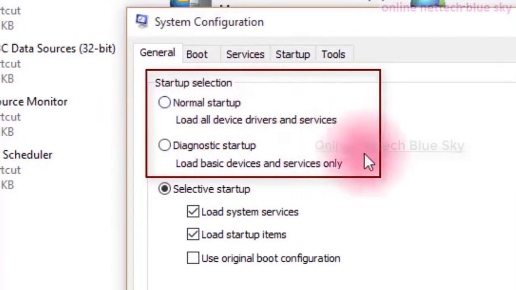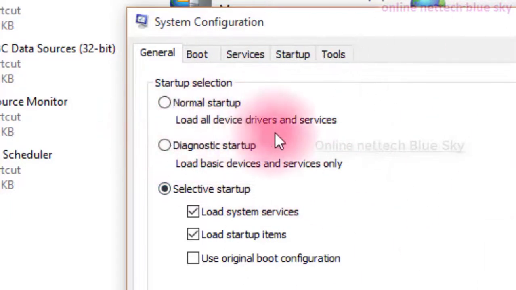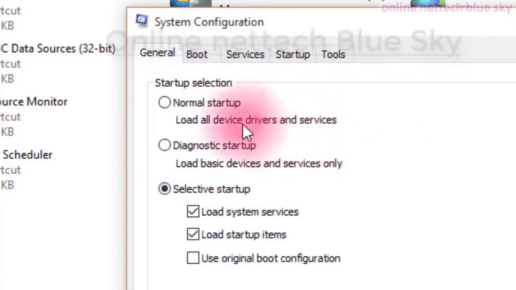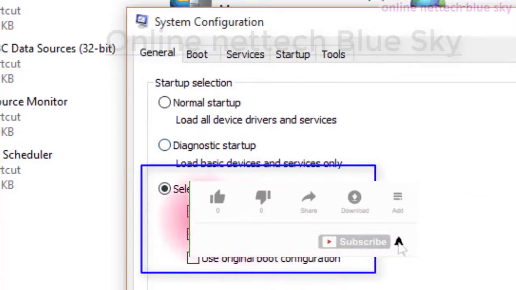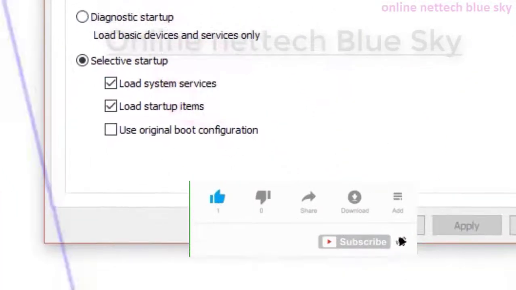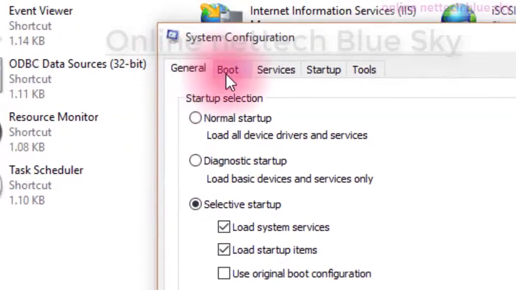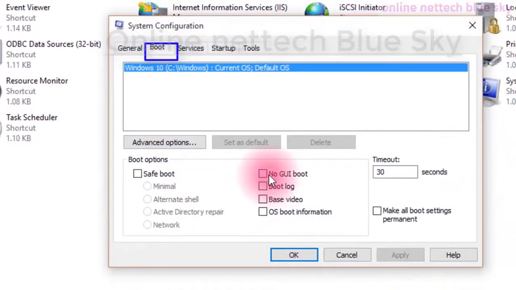Normal startup takes about 15 to 20 seconds to start your computer, but with selective startup, depending on your motherboard, hard disk and CPU, performance may be better. So 10 or 15 seconds and your computer has completely started. Sometimes a very slow, heavily loaded computer takes more time to start. Why? Because your CPU performance is weak and your hard disk performance is weak, that is the main reason.